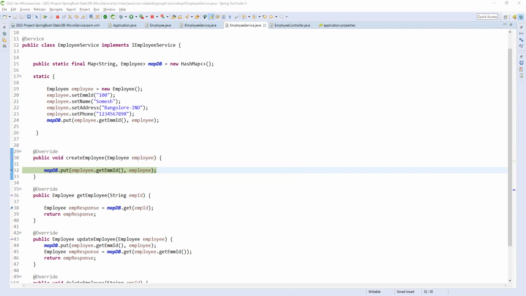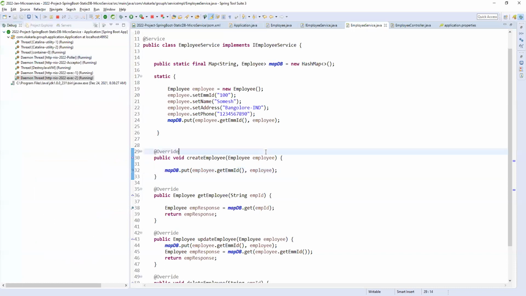Let me check. We already did, right? Somewhere we missed. So let me check that. Here we are getting null. Okay, that's fine, no issue. This is what we created here.